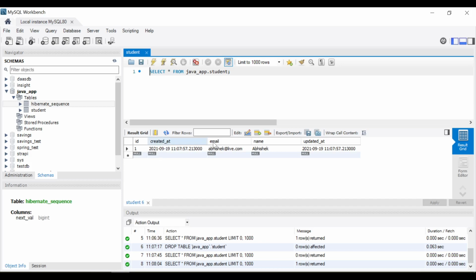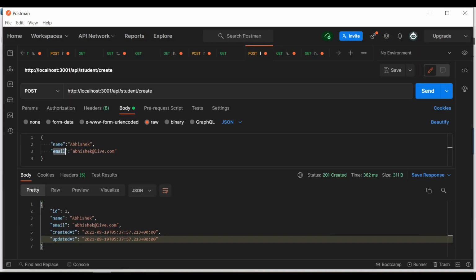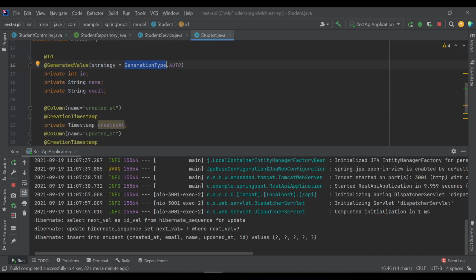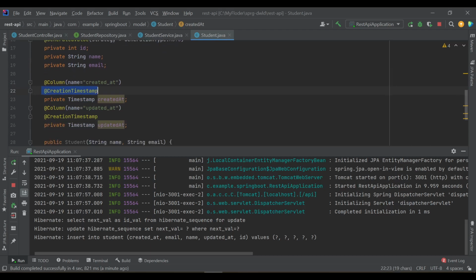Other data like created at and updated at, it is inserting the current timestamp which we have defined in its definition here, the creation timestamp. It will insert the default date and time inside the database.